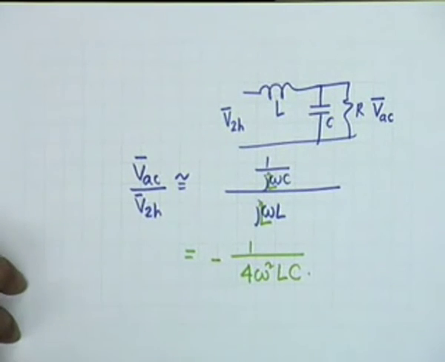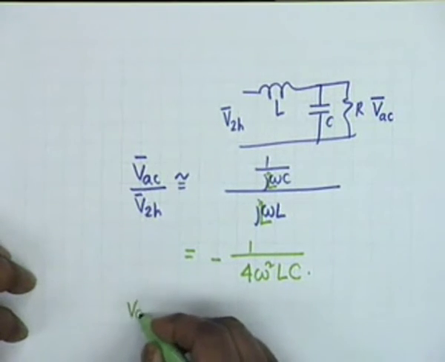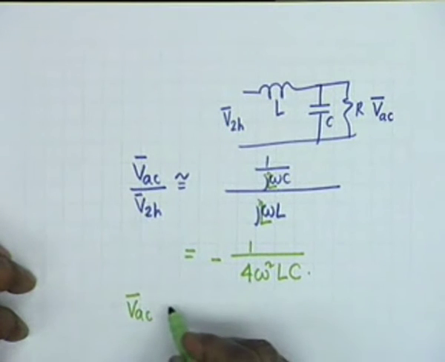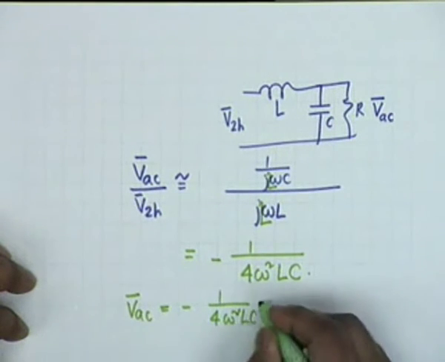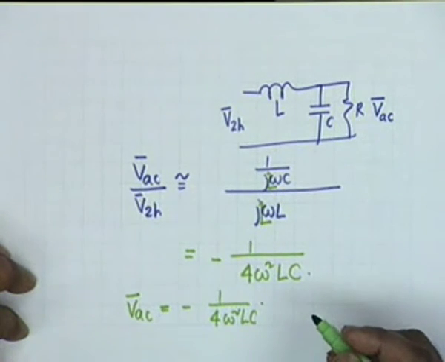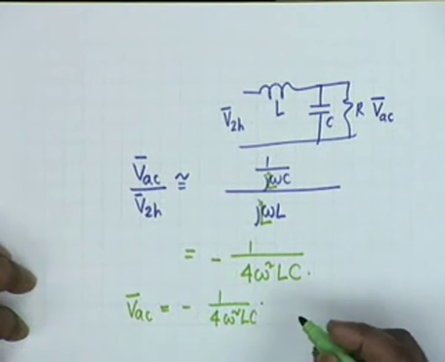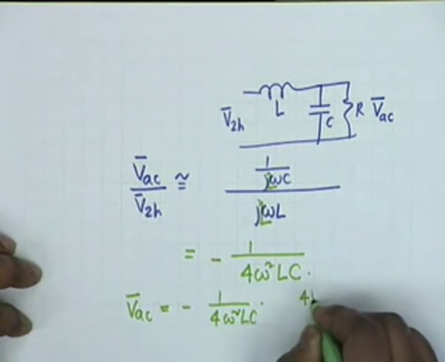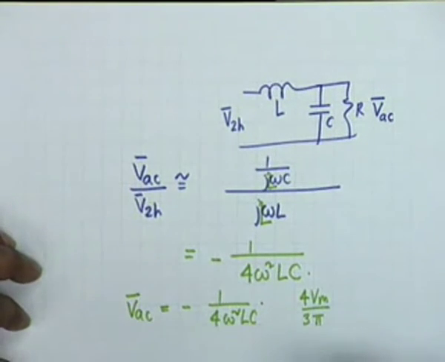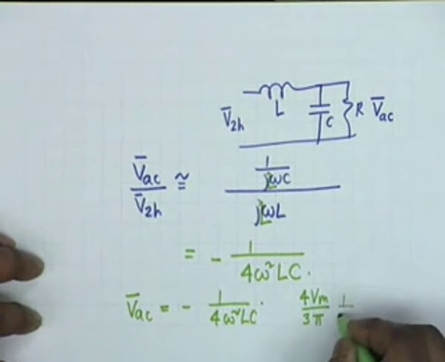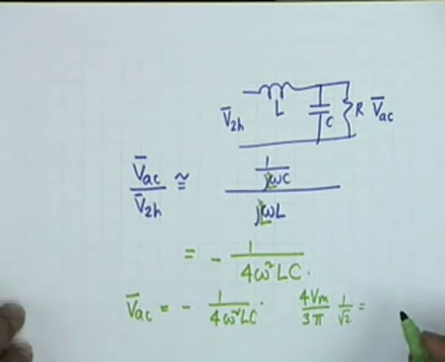This is what it is, and therefore VAC phasor would be equal to minus 1 by 4 omega squared LC times V2H phasor, which is given by 4 Vm divided by 3 pi. This is the maximum value. This has to be divided by root 2, and you can show very easily that this is 1 over